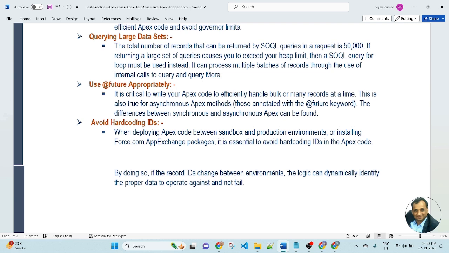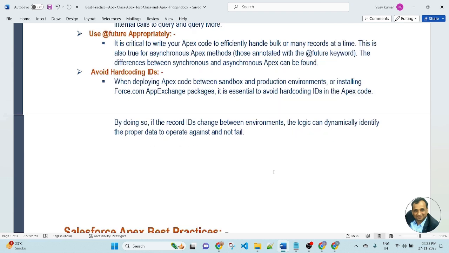When deploying Apex code between sandbox and production environments or installing a force.com AppExchange package, it is essential to avoid hardcoded IDs in the Apex code. By doing so, if the record ID changes between environments, the logic can dynamically identify the proper data to operate against and not fail.